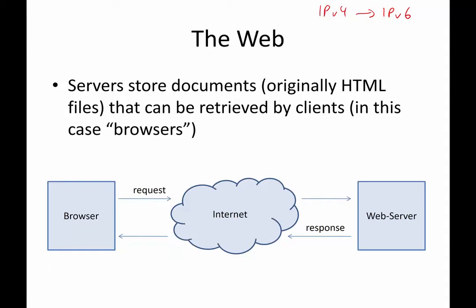A typical IP version 4 address consists of 4 numbers, each of them between 0 and 255. So can I have a volunteer who gives me a number between 0 and 255? 192. 192? Yeah, that's a special one. You know a bit about Ethernet and stuff. A little bit. So that's a special one.